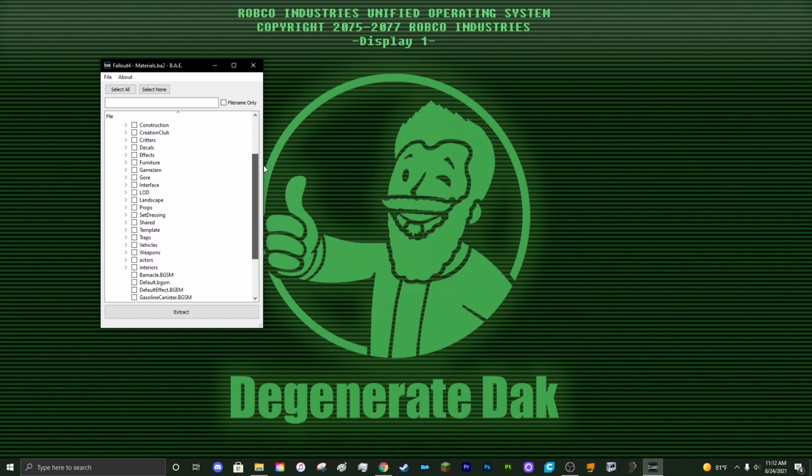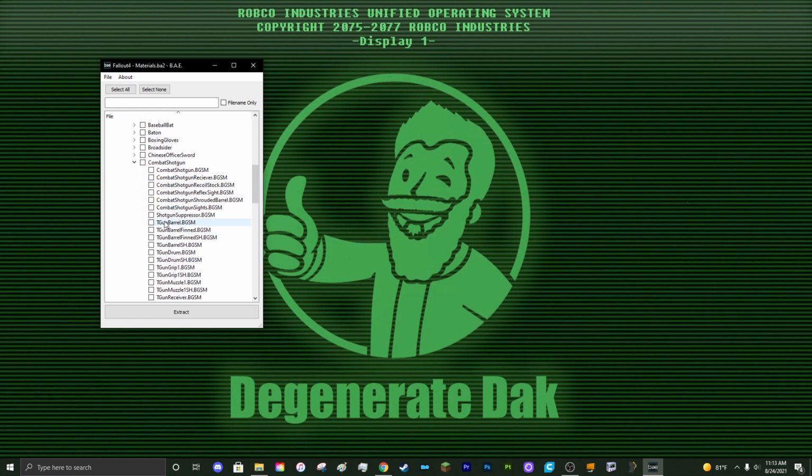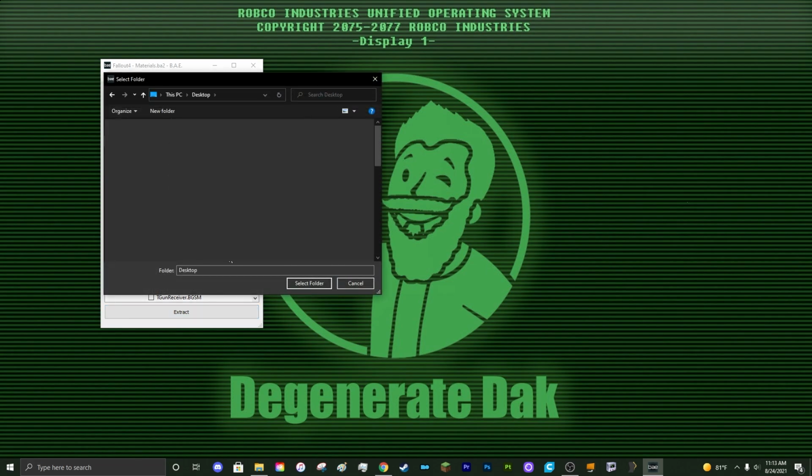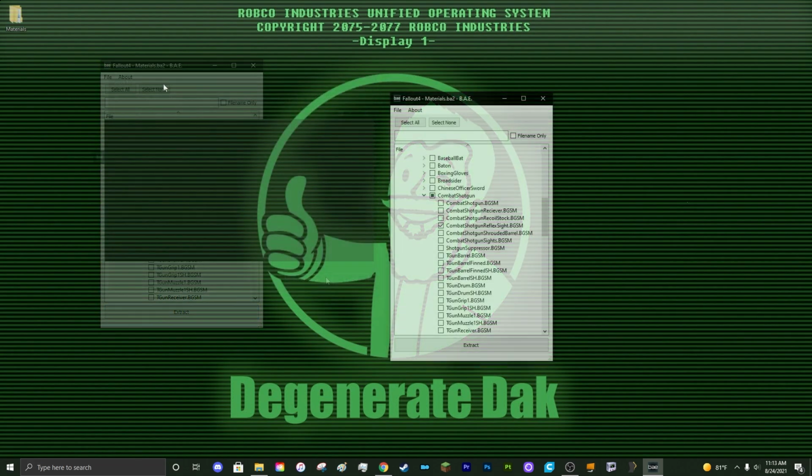So in this case, we're adding a sight to the combat shotgun. We're going to find another sight for the combat shotgun. So we're going to open up Weapons, scroll down to Combat Shotgun, and then right here we see Combat Shotgun Reflex Sight.bgsm. That's the material we're looking for, so we're going to click that and then click Extract. We'll go ahead and extract to the desktop so that you can see everything right here,